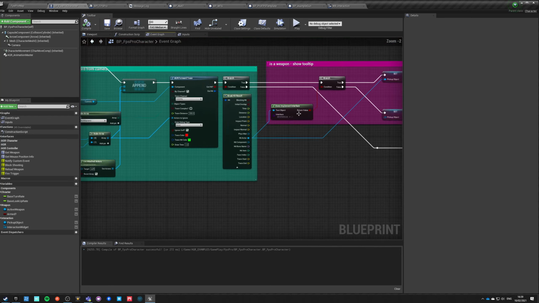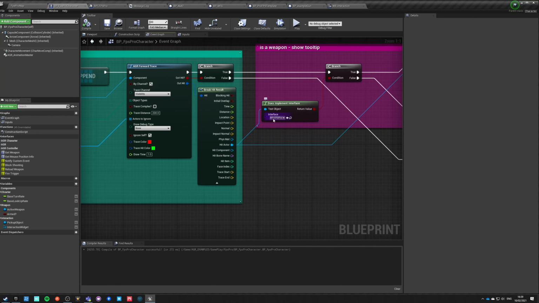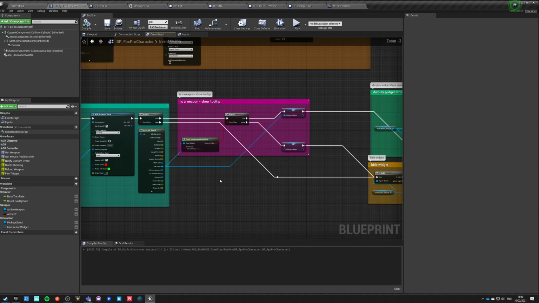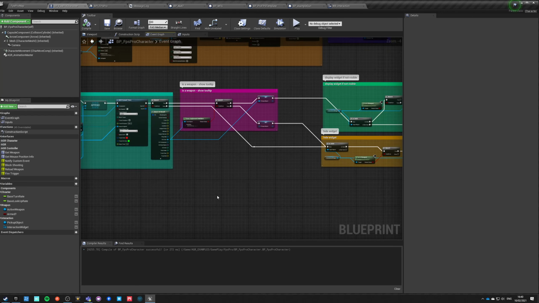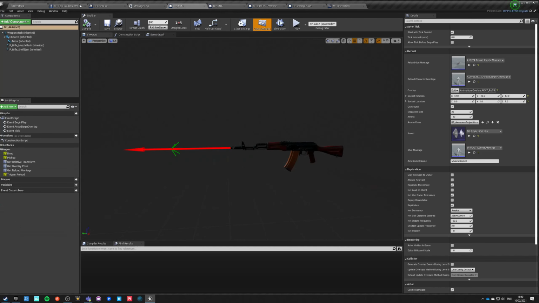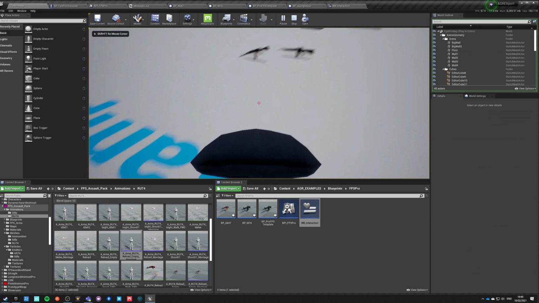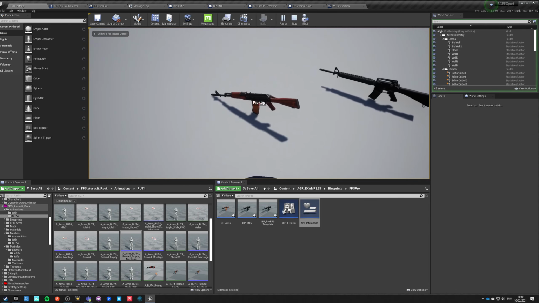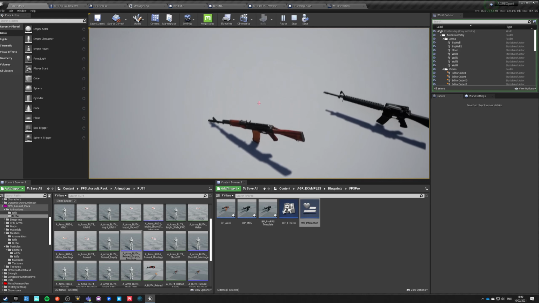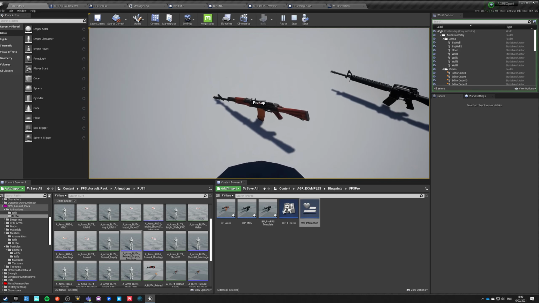So we could implement a different interface, like not this one, but let's say an interaction interface or something like that, and move all the interaction functions like pick up, drop, and everything to it. And a single actor can implement multiple interfaces, so it really doesn't matter if we have one or more than one. So now if we go here, and if we are 2 meters from our gun and we aim at it, we can see this pickup.